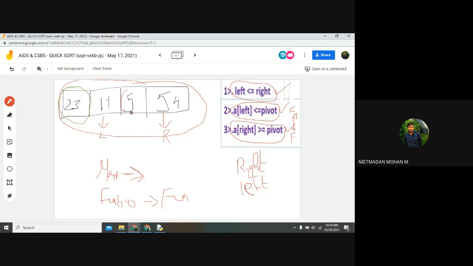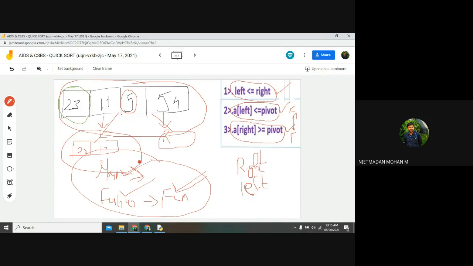Once this pivot value has been identified, this list will be divided into two again. For this, again, we want to do the condition checking operation and the swapping operation. So the main function needs to be declared, the swapping function needs to be declared, and the recursive function needs to be declared. In this program, we are going to use three functions to do this quick sort program.